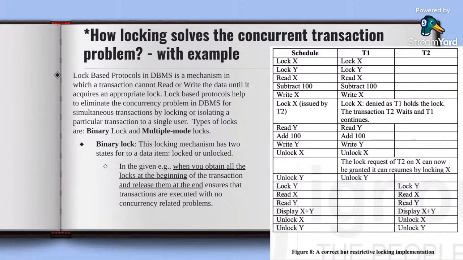Let's say that transaction one and transaction two place a lock on an item. Transaction one has finished its execution and releases that shared lock, but transaction two is still performing an operation. It has not released the shared lock on that item. If a third transaction comes in and wants to put an exclusive lock on that,